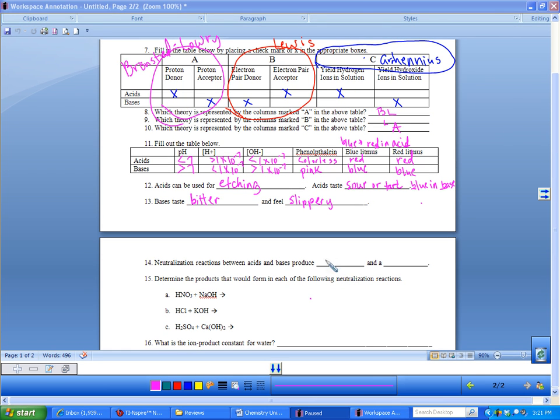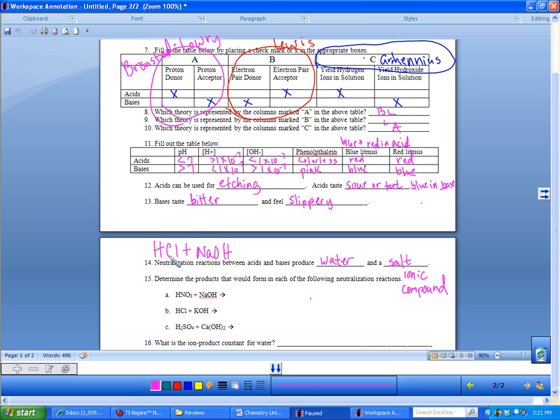Neutralization reactions occur between acids and bases, and they make water and a salt. Now, a salt is an ionic compound, not the kind of salt you shake on your food necessarily, although it is an ionic compound. So let me show you a neutralization reaction. If I took HCl plus NaOH,